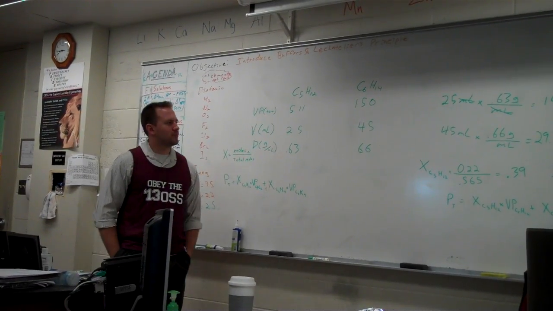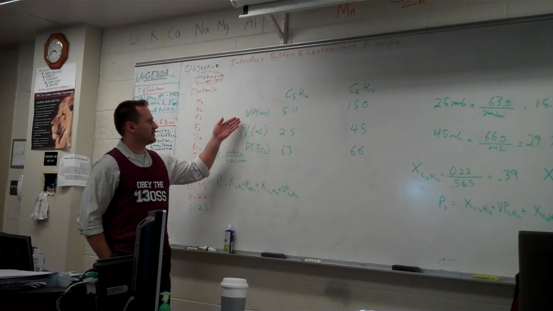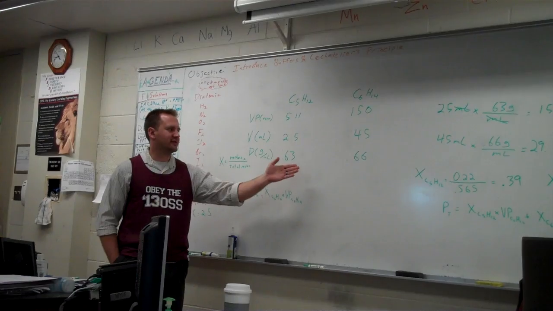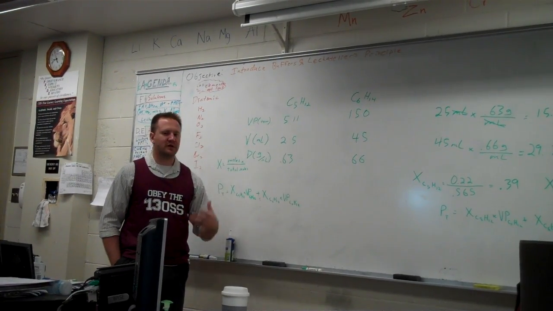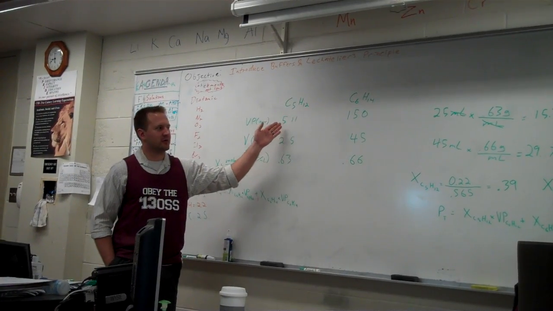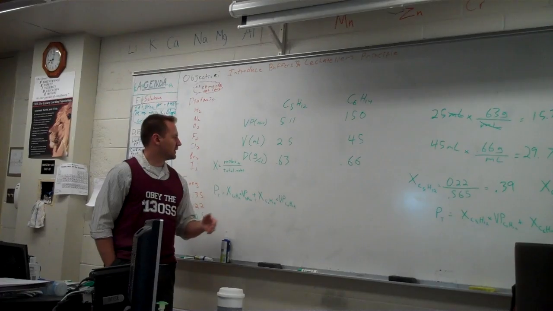Okay, so in this problem we have a mixture of pentane and hexane, and here I've listed the vapor pressure of each substance, the volume of each substance that we have, and the density. This mixture is going to produce a vapor pressure that's somewhere in between these two values. So to find the vapor pressure in the container, we